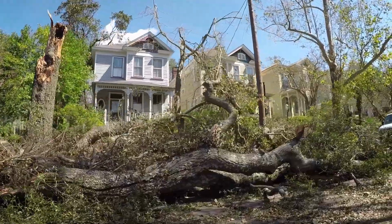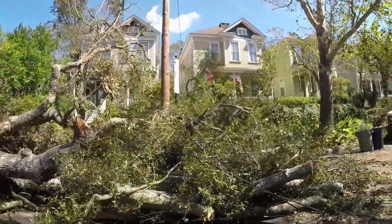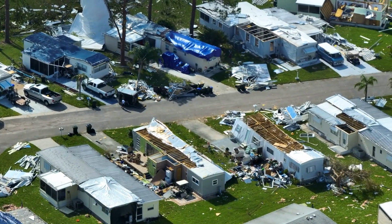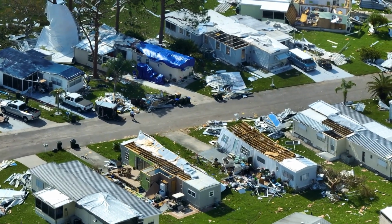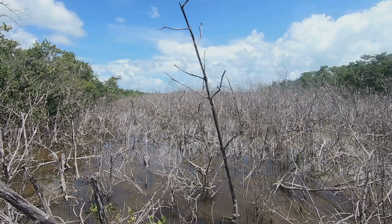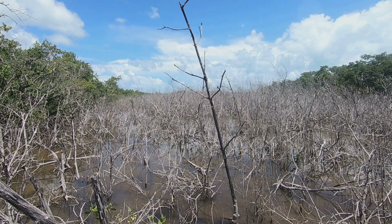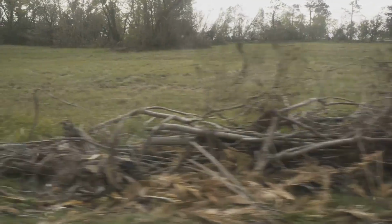Hurricanes leave behind a trail of devastation, not only to human infrastructure, but also to the natural environment. The aftermath is often a stark reminder of nature's immense power and the vulnerability of our built and natural environments. The powerful winds, torrential rainfall and storm surges associated with hurricanes can have a profound impact on coastal ecosystems, forests and freshwater systems. These natural disasters can disrupt the delicate balance of these ecosystems, causing long-term damage that can take